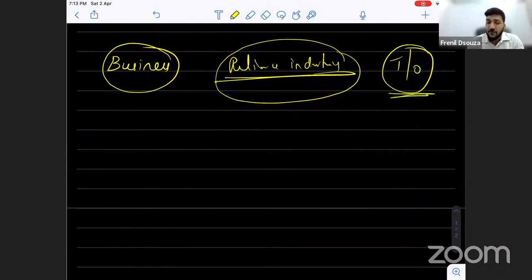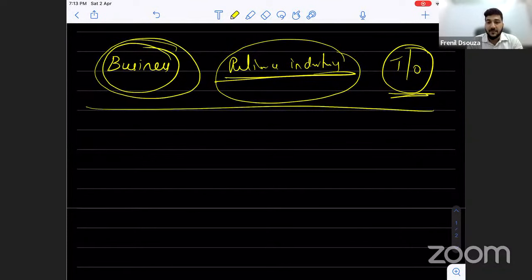But when you look at their turnover, you'll say, oh my God, the turnover is in thousands of crores. This company is really big. So you understand the size of this company, you understand how it has grown over the past years. Earlier, they had only a few thousands of crores as turnover. Now they have a lot of thousands of crores as turnover. You come to know that the business has increased over time. Just like that, you do that for one business, that is fine.